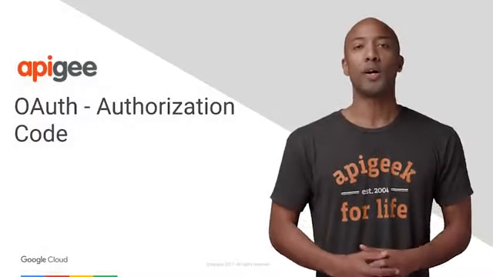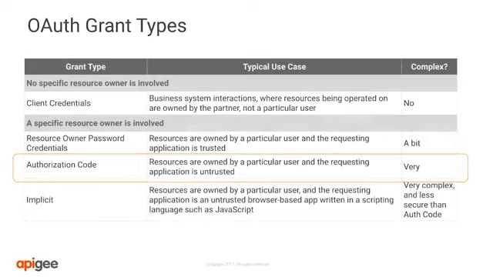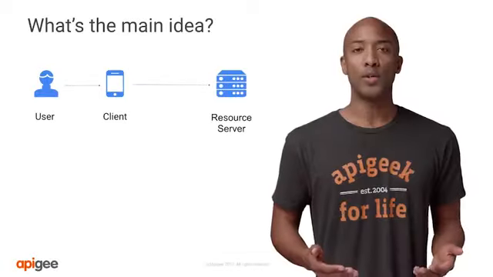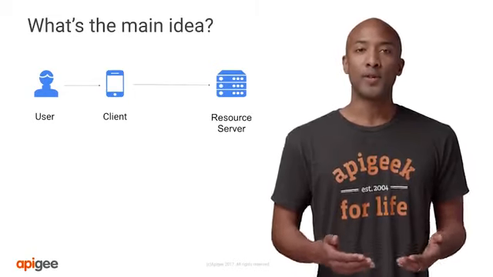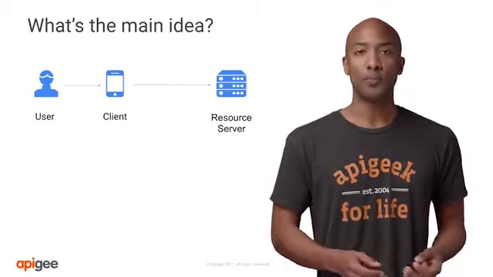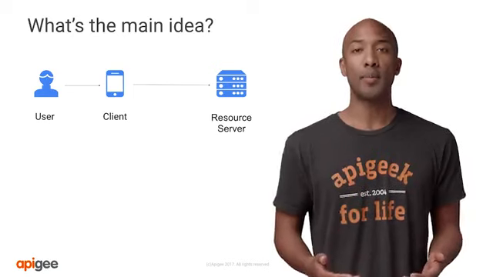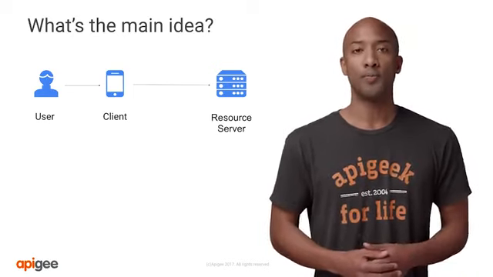Hello. In this module, we're going to discuss the implicit grant type in detail. This flow is a simplified version of the authorization code flow, and it's typically used with browser-based clients. The main reason why you want to use the implicit grant is if there's a client application that wants access to a third-party resource server, and that server is written as a single-page app or in JavaScript.